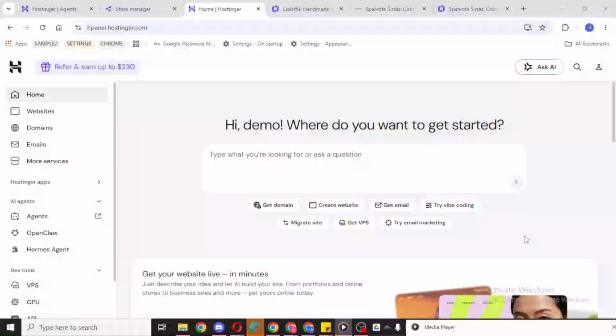In today's video, I'm going to teach you how to add a meta title and description in Hostinger Website Builder. If you want your website to look more professional in search results and give people a clearer idea of what your page is about, adding a proper meta title and meta description is a great place to start. These settings help search engines understand your content, and they can also influence what users see before they click on